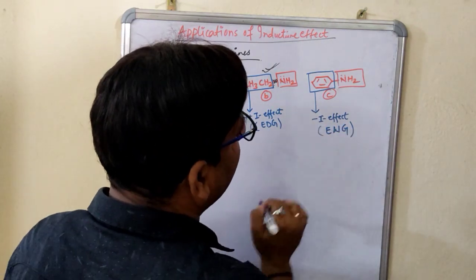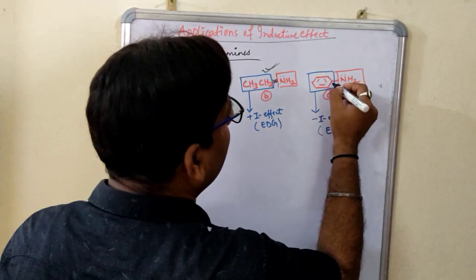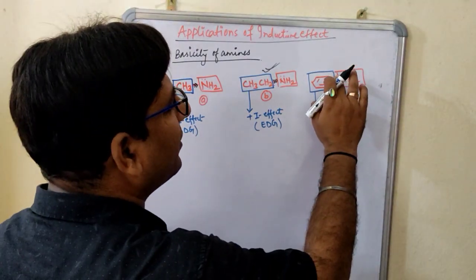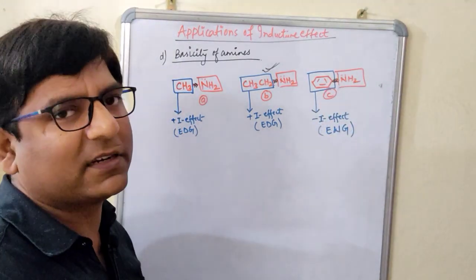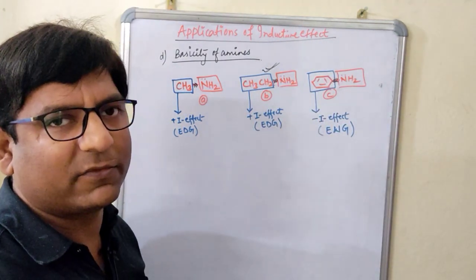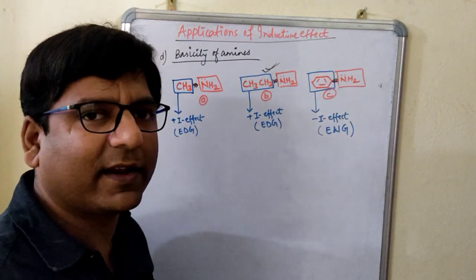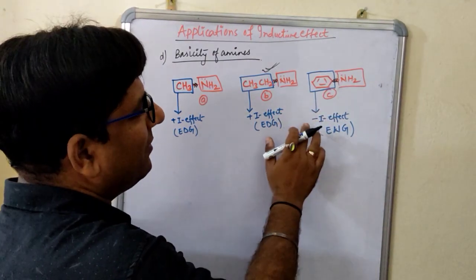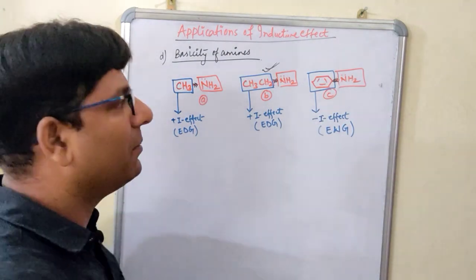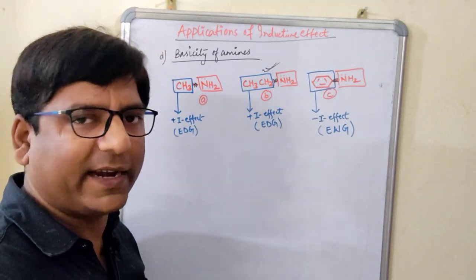Third is having the minus I effect, means electron withdrawing group. Electron withdrawing means electron pulling. Okay, it will pull the electron towards itself from the nitrogen. When it pulls the electron, what will happen? This lone pair of electrons will also no longer be present on the nitrogen. Okay, it is also taken by this phenyl ring. And the electrons from the nitrogen are also pulled to this phenyl group. Means this phenyl ring having minus I effect is pulling the electrons from the nitrogen as well as the lone pair of electrons. Means ultimately the electron density on this nitrogen will be what? Less. It will be less.